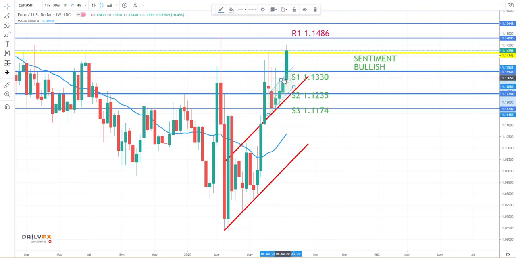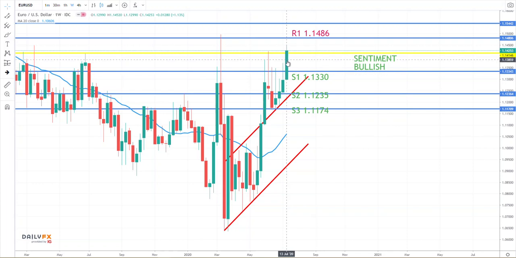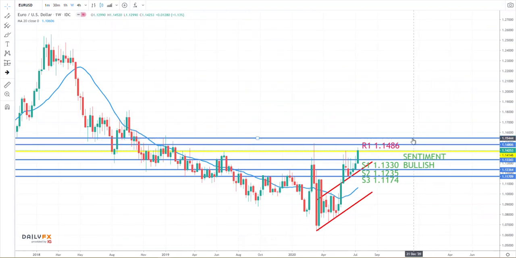And then after being stuck in this pennant flag formation, price finally broke out after 6 weeks of trying to pop through. Finally did. So usually once you've got this much momentum, price is going to start cruising in that direction. So look this week for R1 at 1.1486, and then we've got R2. I'm just going to delete it at